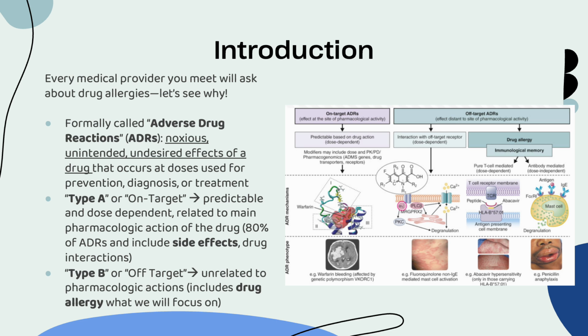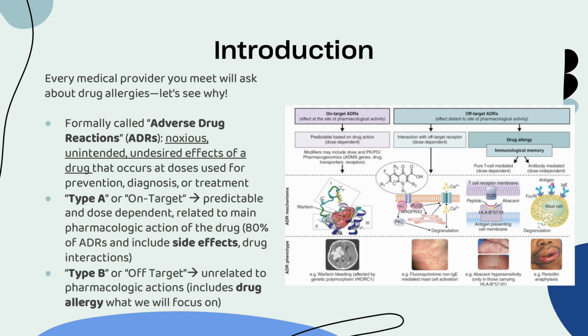So drug allergies could be seen as more of the colloquial name, whereas you might formally call them adverse drug reactions, or ADRs. And these basically describe any bad effects, so noxious, unintended, undesired effects that are occurring at standard doses that we would expect to help someone. So we can divide these ADRs into type A and type B. So type A is considered on target. This is basically when the side effect is predictable and dose dependent and also related to the main pharmacological action